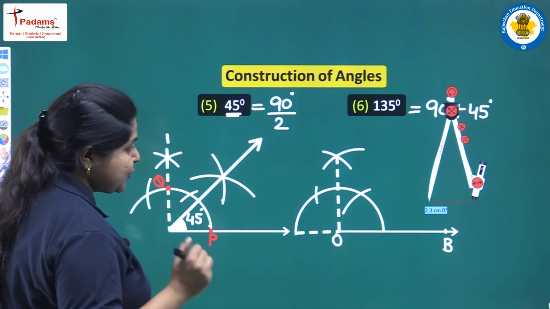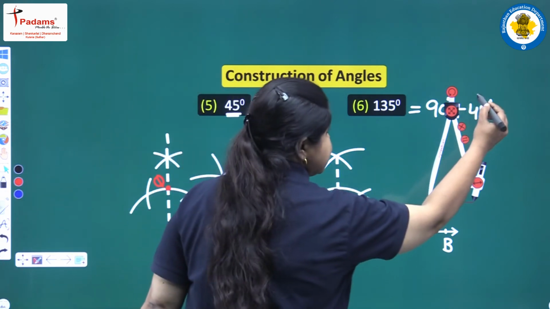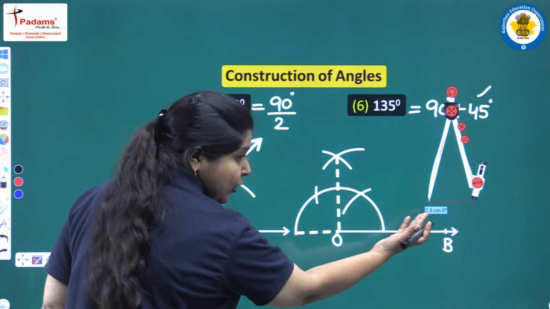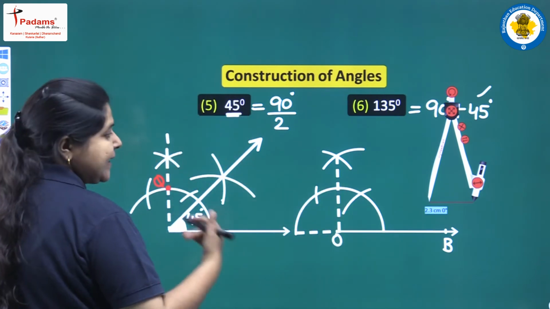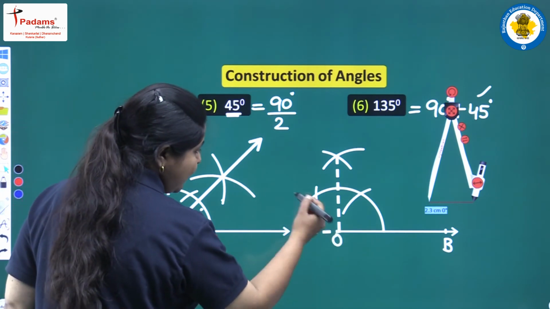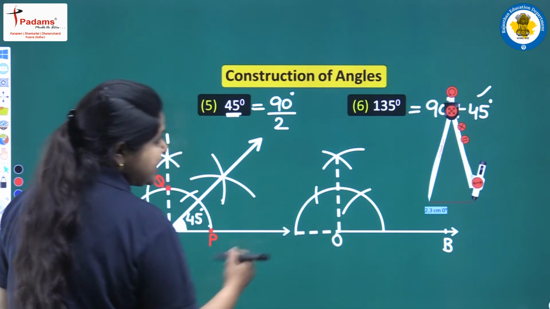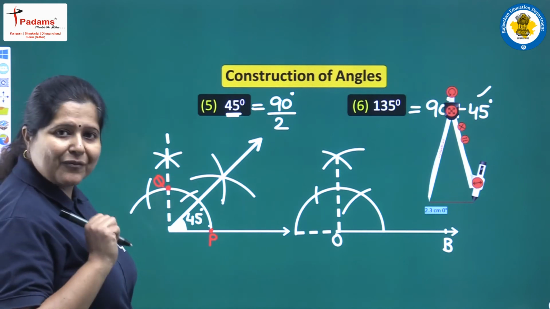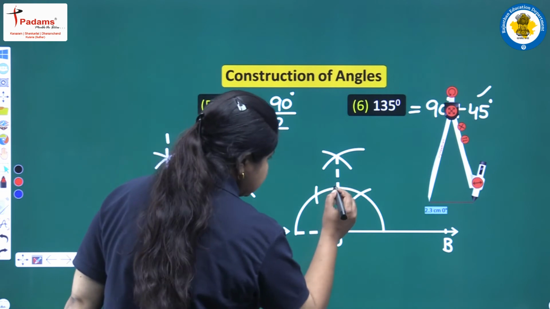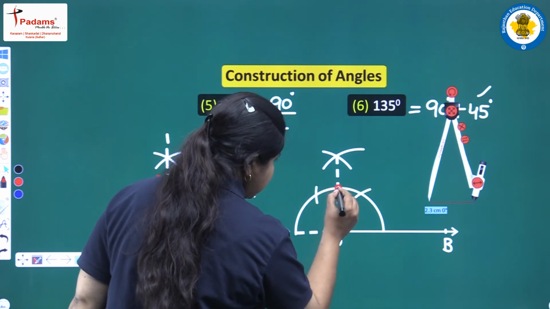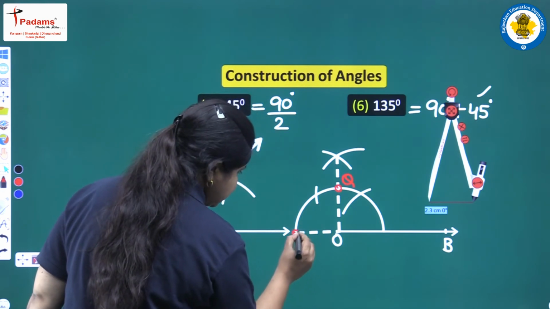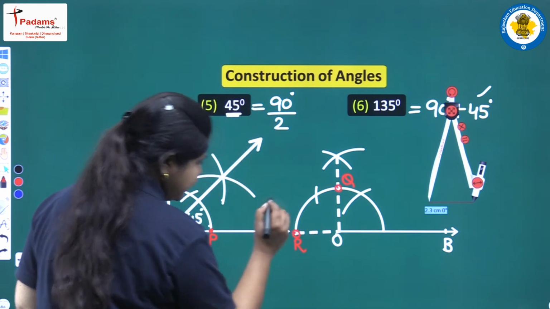What next we need to do is, we have to construct this 45-degree angle, but this time we will not be making it on the right side, we will be making it on the left side, and with this we will be getting an angle of 45 degree here, and 90 plus 45 will give us an angle of 135 degree. So what we are doing is, we will be placing the compass at this point, let me name it as Q, and at this point let me name it as R here.